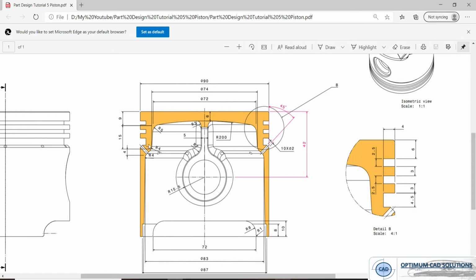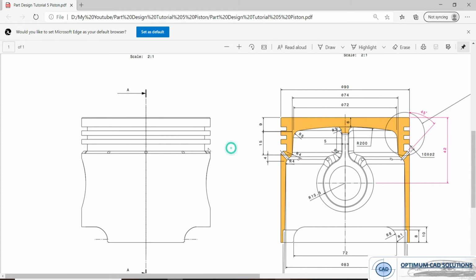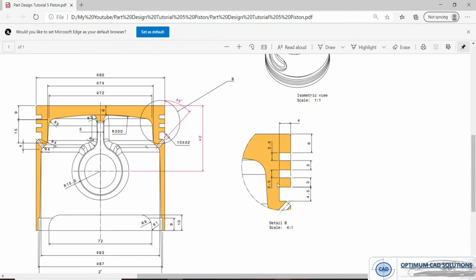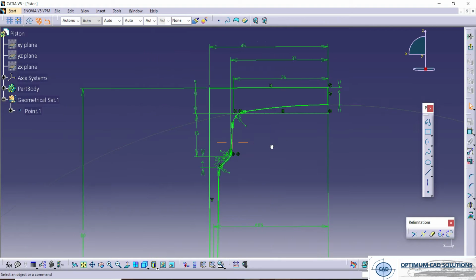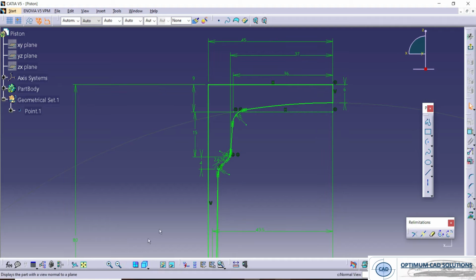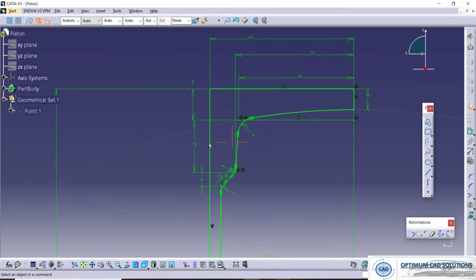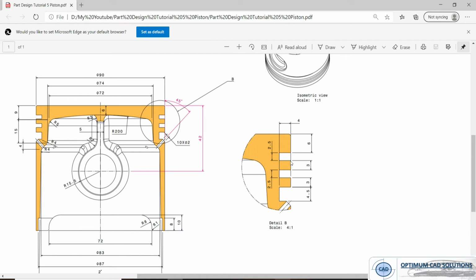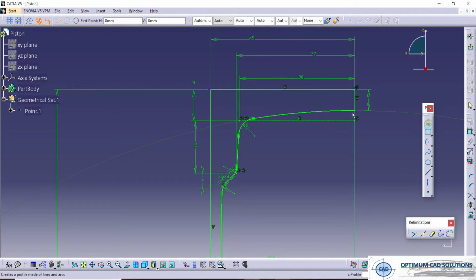This section we have already covered. Now we need to draw this. Here is the detailed view. This section is used for mounting the rubber piston rings. So let's draw.